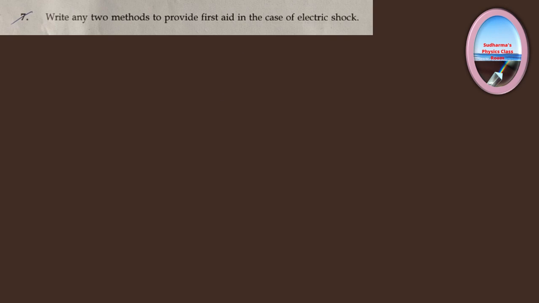So you can just make sure proper blood circulation is there in his body by massaging him properly, or you can give the person a very strong massage so that there is blood circulation. And if possible, and if he's facing any difficulty in breathing, try to give artificial breathing. So these are the first aid you can provide for a person in case of electric shock. So you get 2 marks easily from this area also.